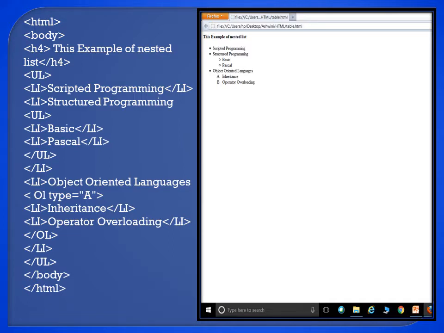So see the output, this example of nested list, that is the heading. First scripting programming language, second structured programming language, then after that basic and Pascal are there as I wrote using the unordered list. Next object oriented language, and in that A is inheritance and B is operator overloading. As I specified, type equals A. So this is the combination of the unordered and the ordered list, and this is the example of the nested list. So this is just the introduction and explanation of the different lists in HTML, how to use them, which different tags are there, and by using these tags how we create the different